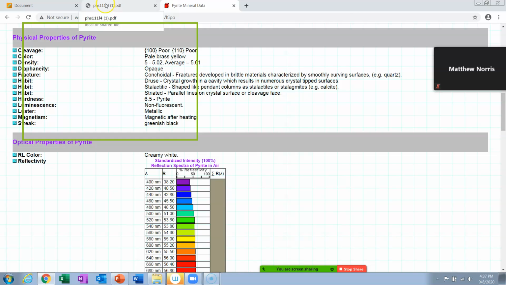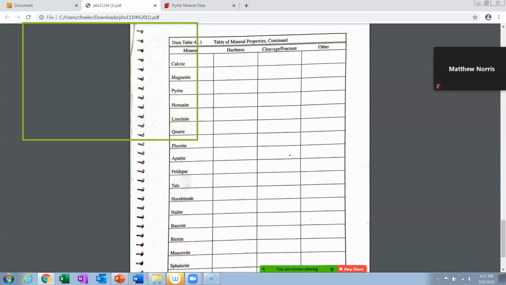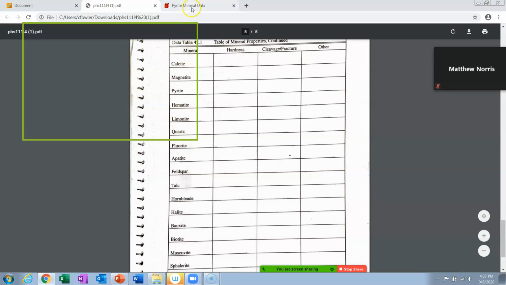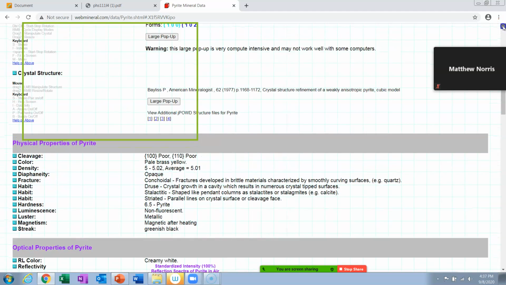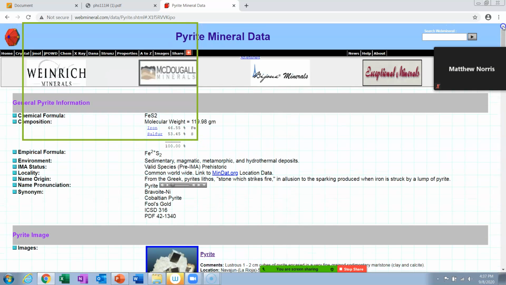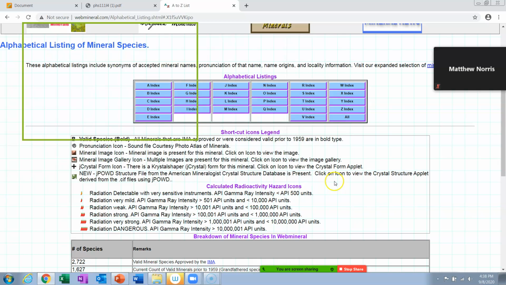I can't remember exactly which ones aren't, but let me go down and try. Let's just try limonite. Okay, that's going to be the one I'll try next. Let's go from here to limonite. So I'll go back up to my A to Z, click on A to Z, and y'all may have quicker ways of doing it. I'll come down here to my A to Z index, and the same line that has C index, H index, the next one over is L index.